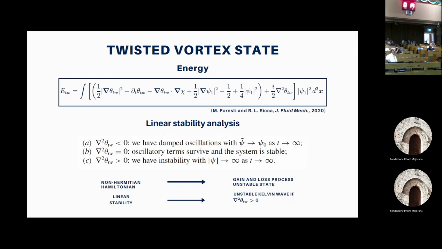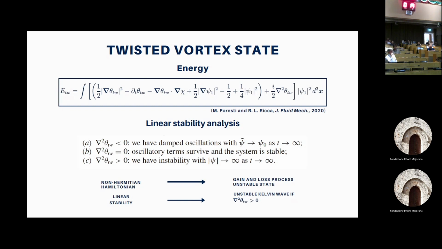So what happens? There are Kelvin waves, a sort of perturbation, and these Kelvin waves in this region are unstable, so their amplitude grows in time. But this C1, psi1 is the twisted state of the vortex. Okay, so we have an unstable state evolving like a non-equilibrium state, but obviously the total energy of the Gross-Pitaevskii equation must be conserved, must be real in some sense.